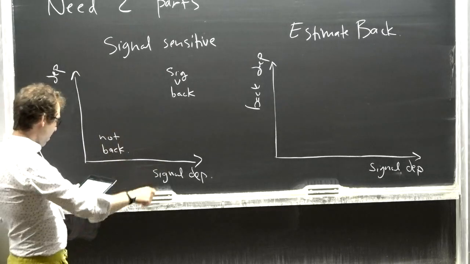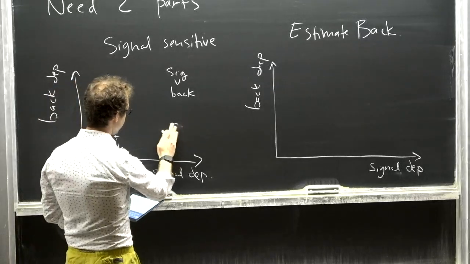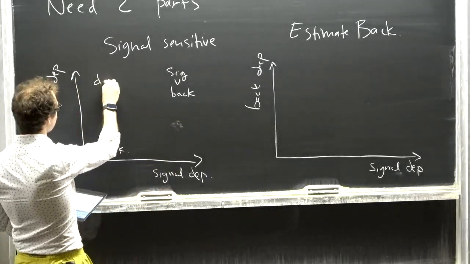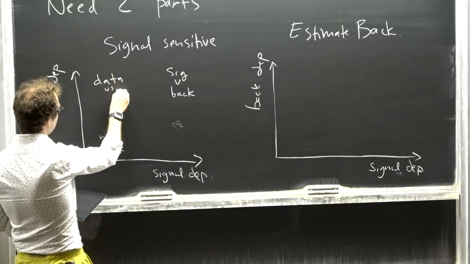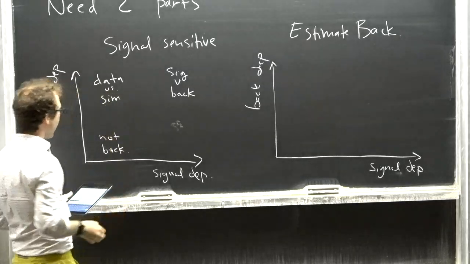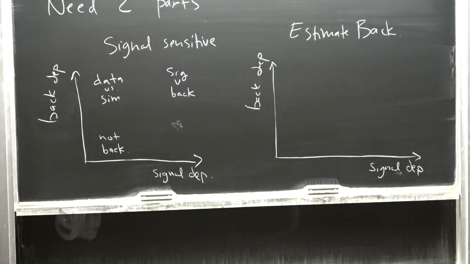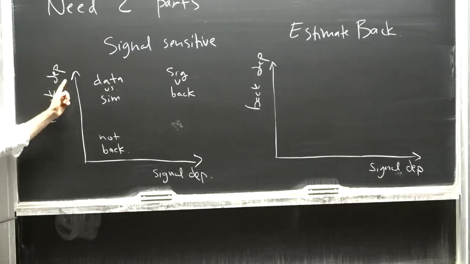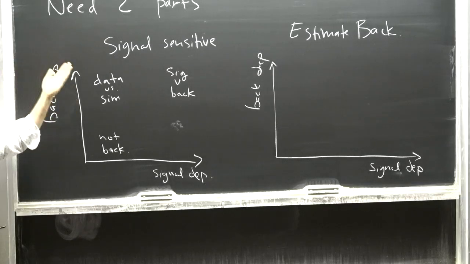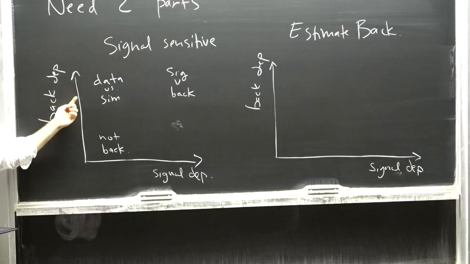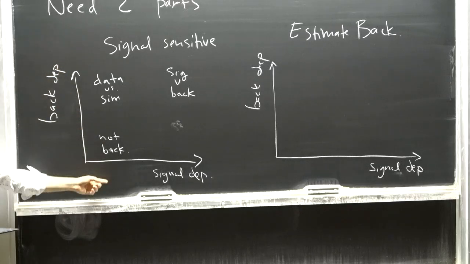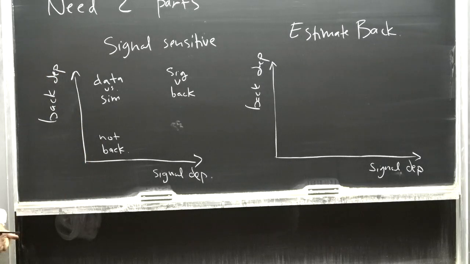Then there are the off-axis ones, and let's start up here, it's easier. Imagine I have a simulation of the background, and I train a classifier, for instance, or devise a strategy to distinguish the data from background. If I know the background really well, I'm very dependent on the background, because I've simulated it or I have a model of it. But if I just use the data directly, I don't care. I'm not specifying a signal model.